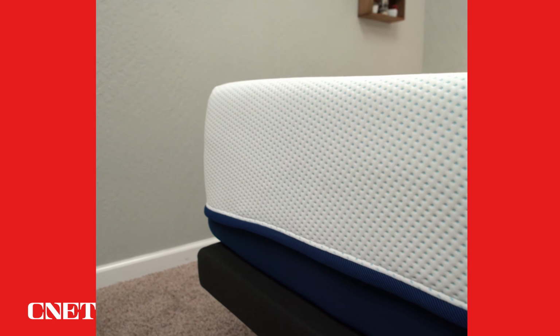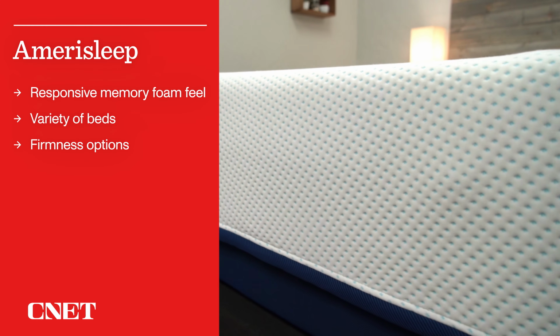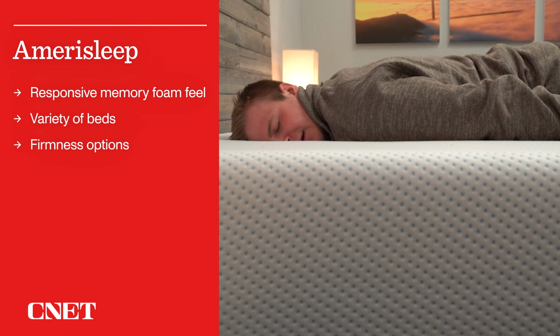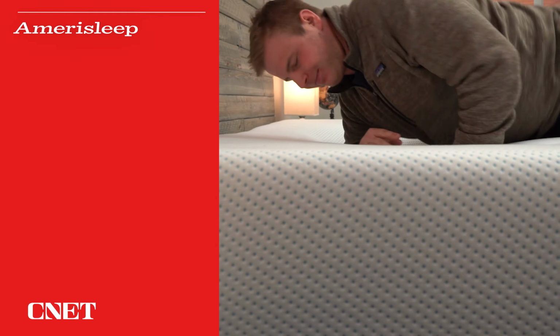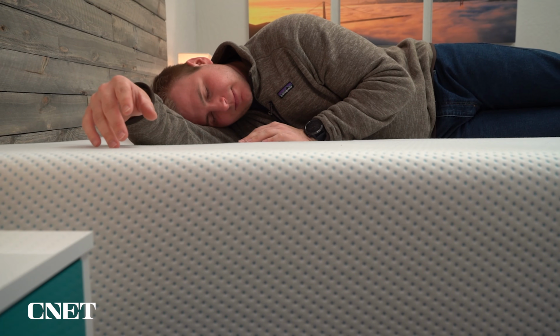supportive it is. The next mattress we're going to talk about is actually a couple of mattresses from Amerisleep. Amerisleep is pretty interesting in that they offer many different mattress models. They have AS1, 2, 3, 4, and 5. And the thing to know about these numbers is that if the number is low, the mattress is going to be affordable and very firm. If the number is high, it's going to be more expensive and very soft, with AS3 being right in the